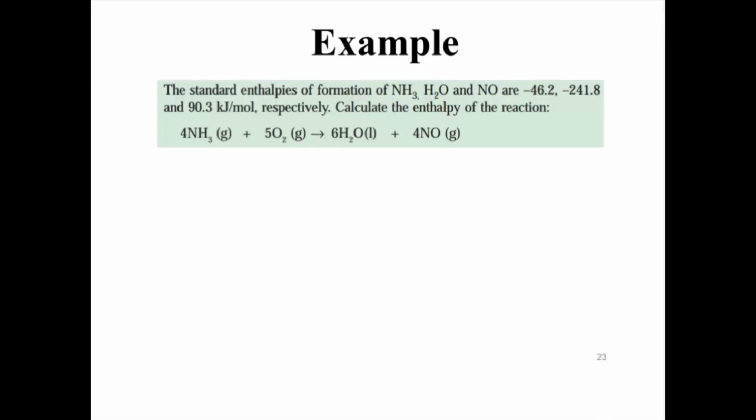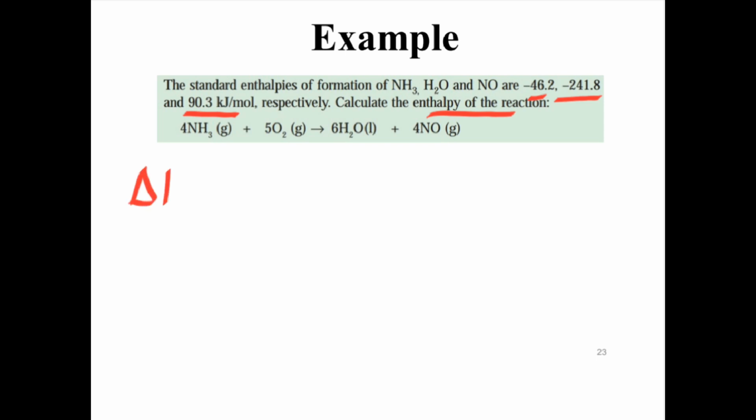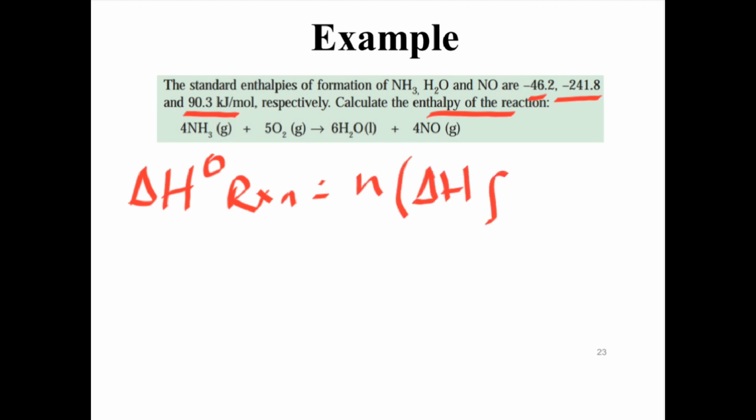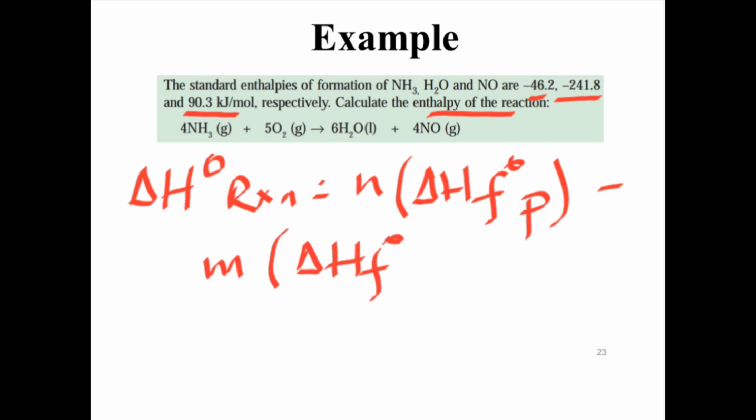See, let us see this example. The standard enthalpies of formation of ammonia, water, nitrogen monoxide are given respectively. Calculate the enthalpy of the reaction. So the formula is enthalpy of reaction is equal to n times enthalpy of formation of products minus m times enthalpy formation of reactants. የውሃ ስንት ነው? enthalpy of formation